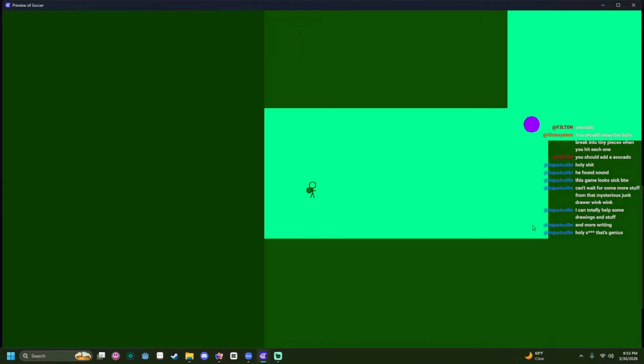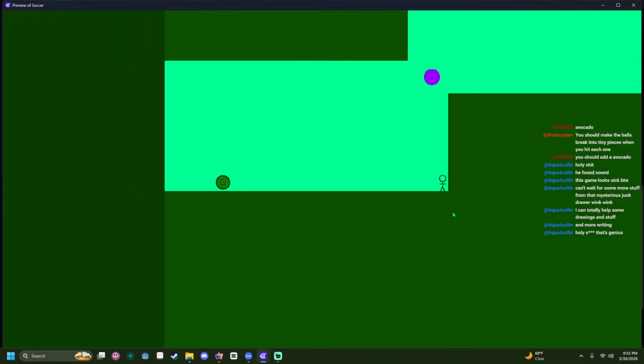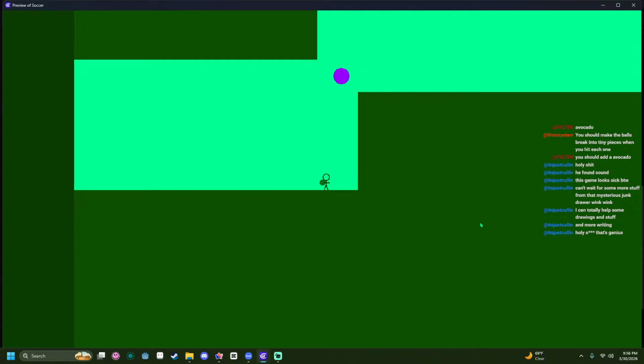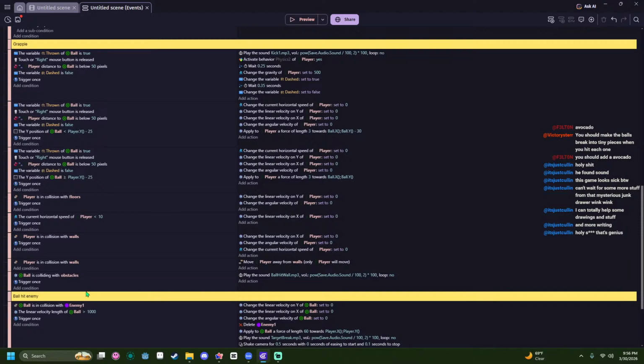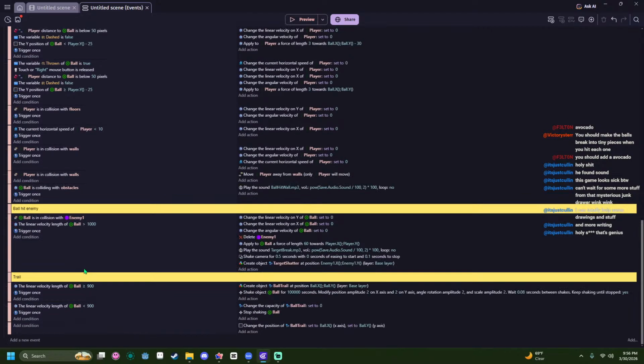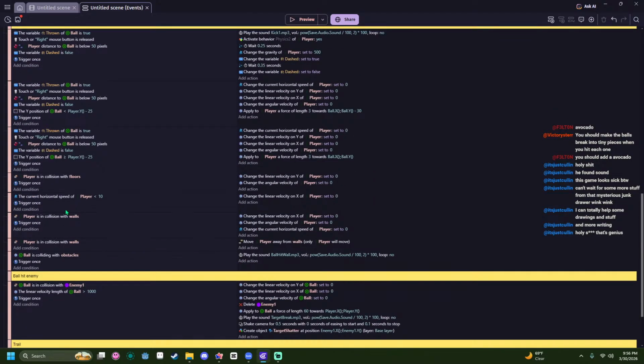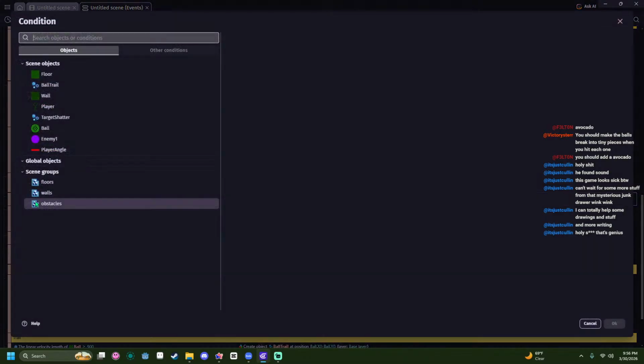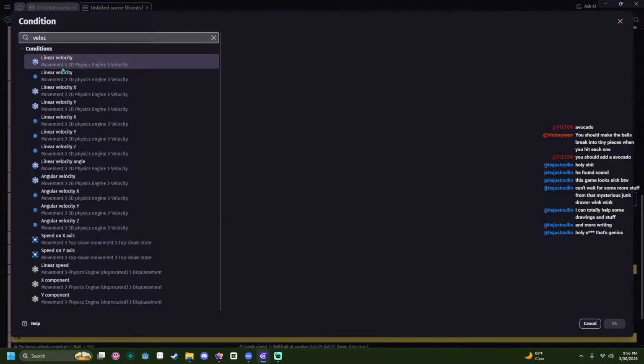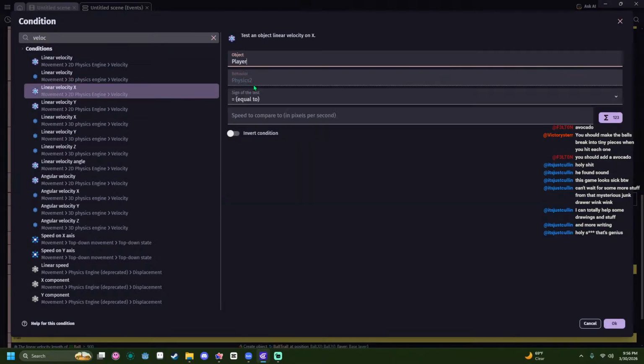Yeah, so now we can slide like that. But if we get really slow, oh wait, no, I'm using the wrong one. Okay, we need linear velocity x of player is less than 10.